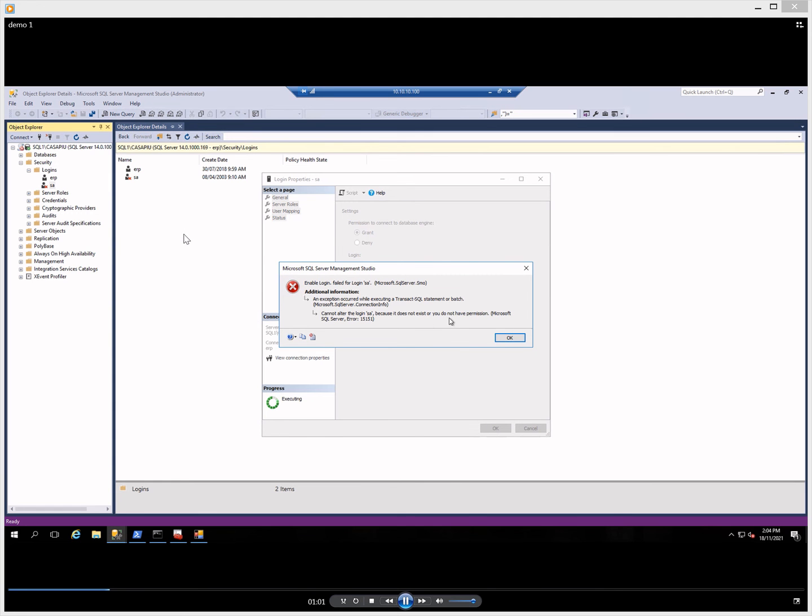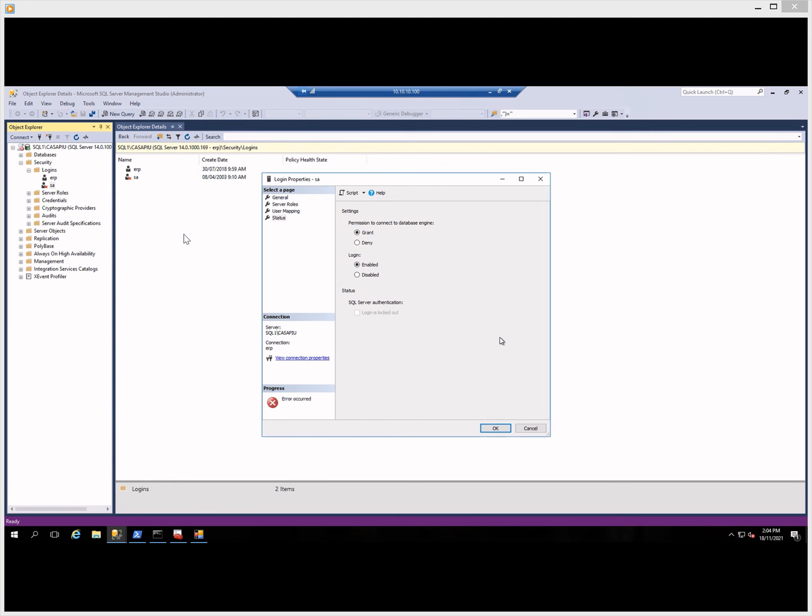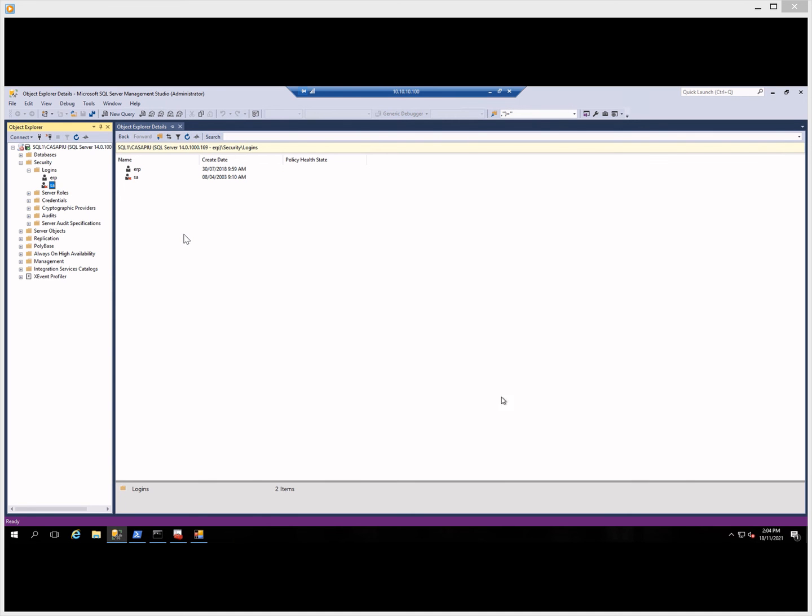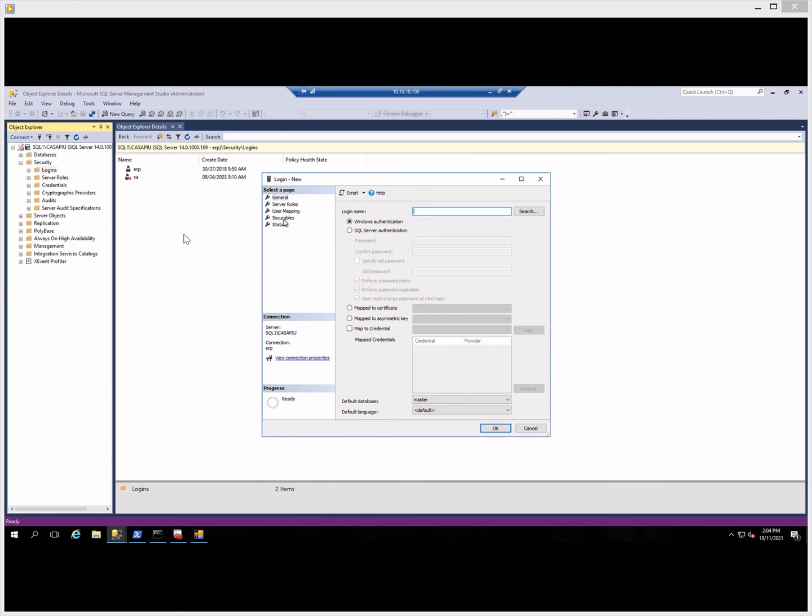For example, the SA account is the default administrative account, and if I try to enable it using this low privileges SQL Server account, I cannot, because this account doesn't have the permissions. In the same way, if I try to add the domain account using this account, I cannot, because it doesn't have the permission.